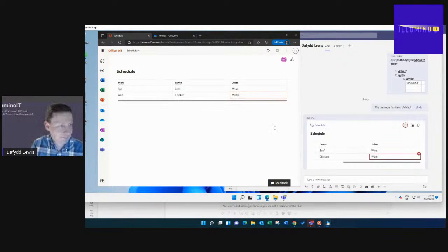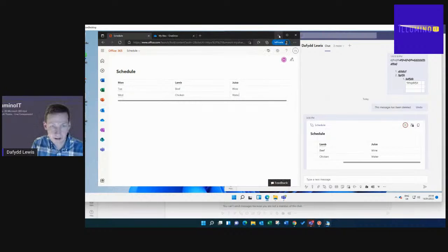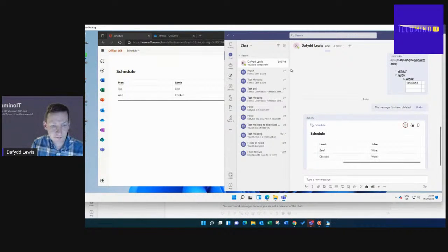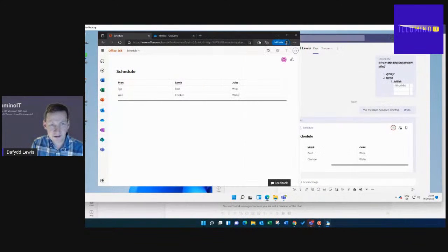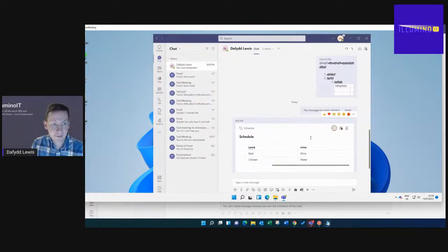So I'm just going to show you now where these components are stored, and how these are shared. So here we are in Teams, and this is the user that created that live component. Now, where is that live component stored? Well, it's stored in the OneDrive of the user that created it initially. So if I go into my OneDrive,